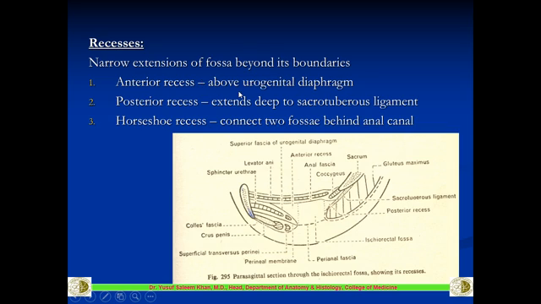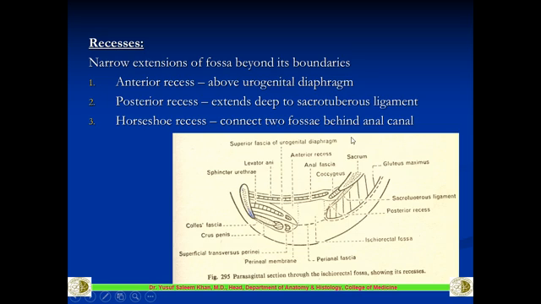and this passes above the urogenital diaphragm. This is the urogenital diaphragm here. So this is called the pelvic diaphragm here with the levator ani, and this is called the urogenital diaphragm. So if you can see here, this is the superficial fascia or the superior fascia of the urogenital diaphragm. So this is just above this superior fascia of the urogenital diaphragm, and below the pelvic diaphragm here deep